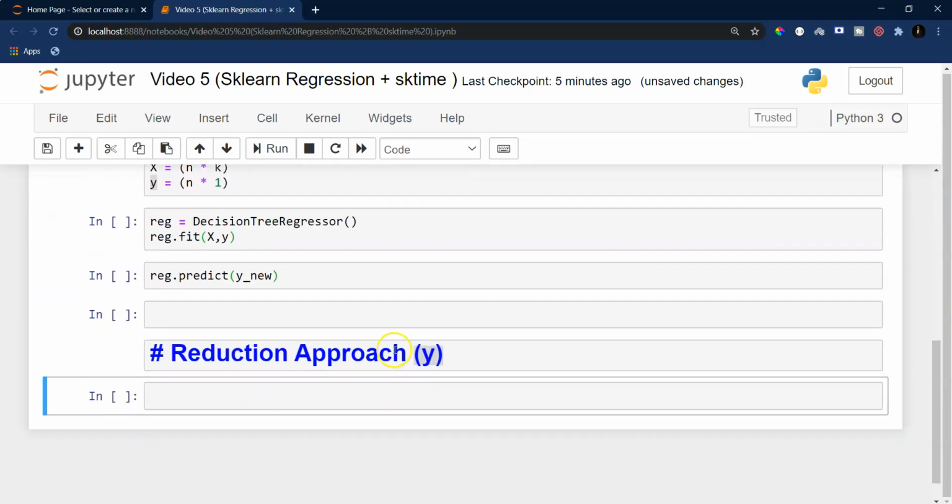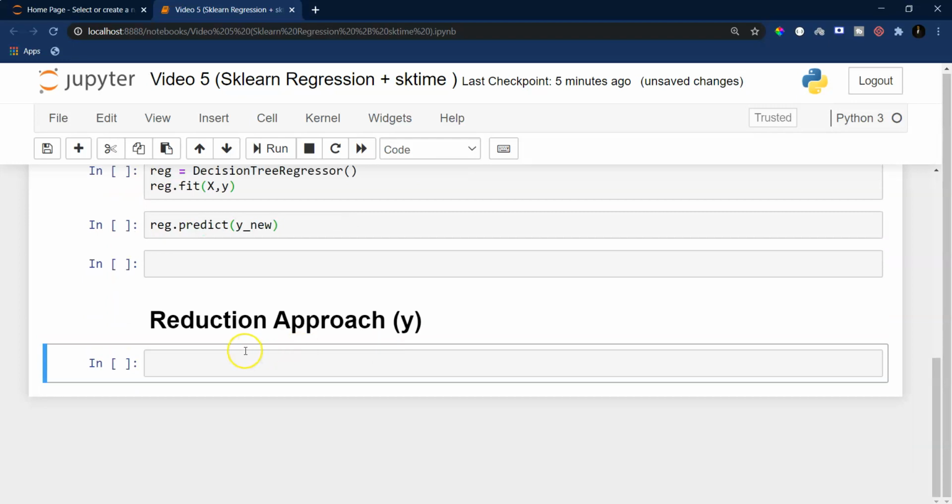But to actually do this reduction, we first need to decide how many features we are planning to have. Right now all these things might sound strange or weird to you, but if you have not done this kind of thing before, try to stick with me. Everything will make sense as we move along in this video.